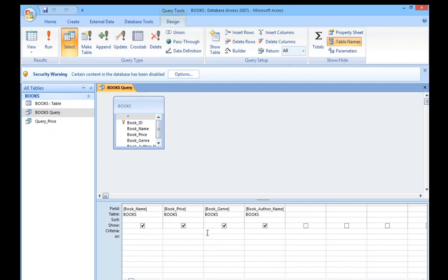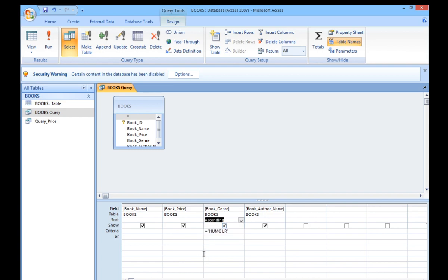Now you have to add your criteria in the field books genre. Equal to, we want only those books that are of the category humor. So just type it here. If you want, you can list it in ascending or descending order.